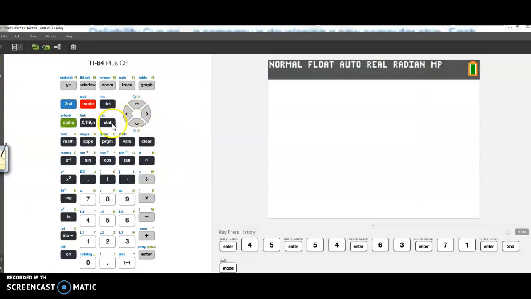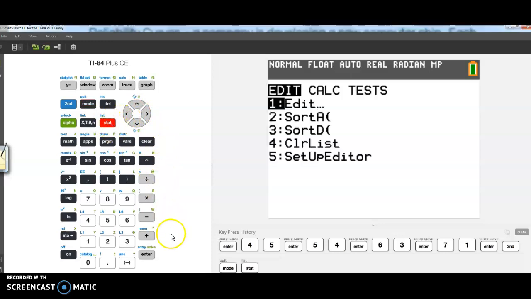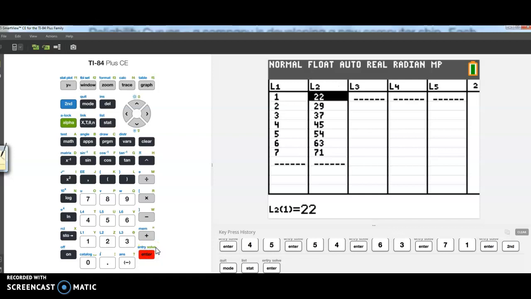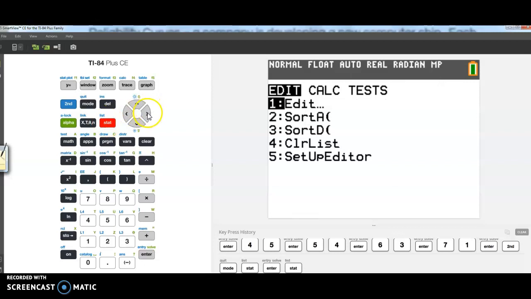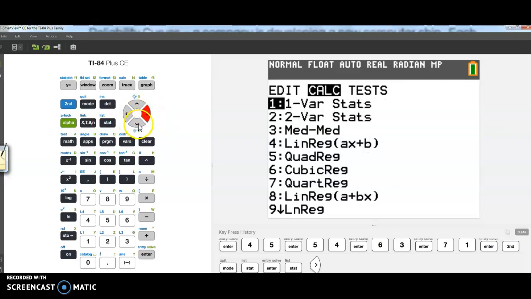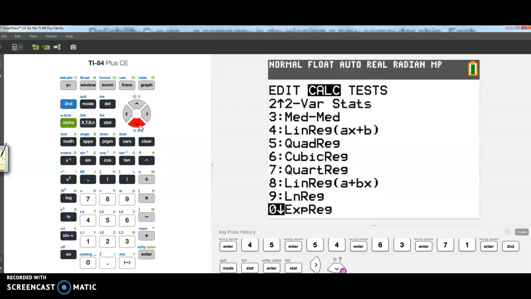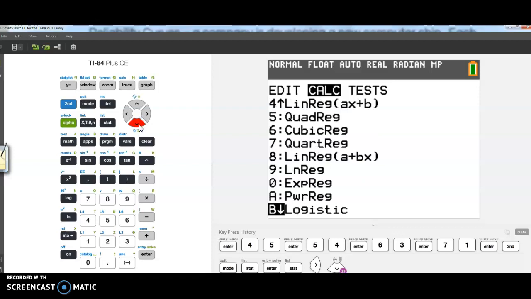So here in my calculator, I'm going to go to Stat and I'm going to choose to Edit. And I actually went in ahead of time and typed in these values. So in list 1 we have the months, 1 through 7, and in list 2 we have the percent of those prototypes that worked. So once I have my data, I go back to Stat, I go over to Calculate, and I am looking in this list of regressions that my calculator does for Logistic. And I found it there as option B. So I hit Enter,